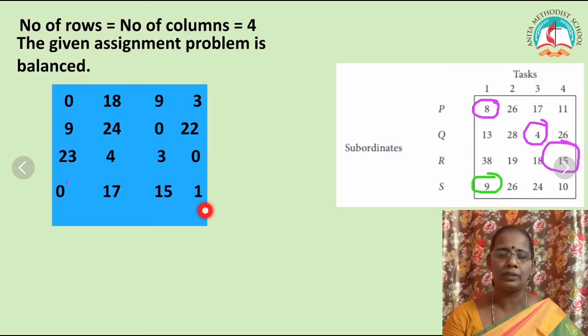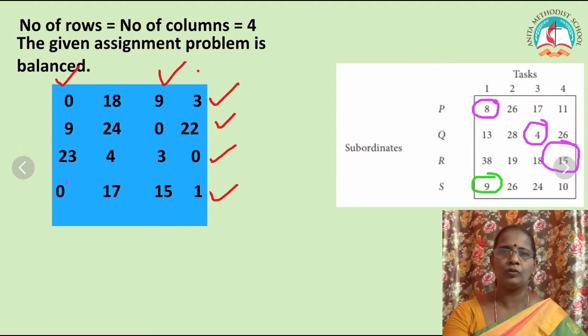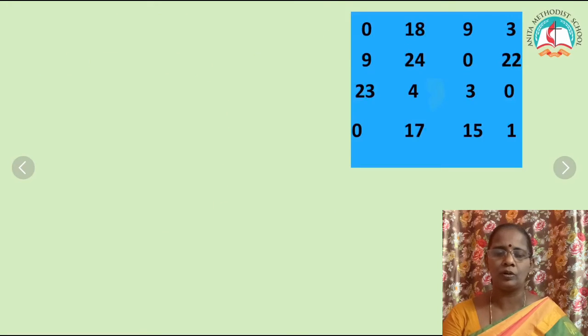Now in every row you have a 0. For that only we have chosen the smallest number and subtracted. Now you check the columns. First column you have 0. Third column you have 0. Fourth column also you have 0. Now where don't you have 0? In the second column. In the second column you do not have zeros. So in the second column we subtract, and the other columns are written as they are.